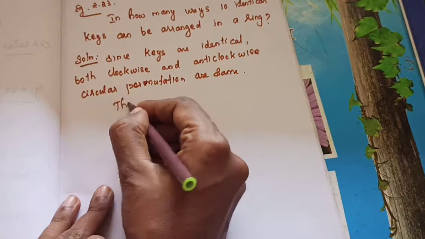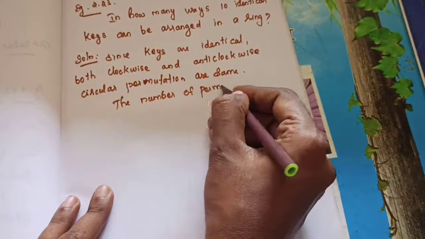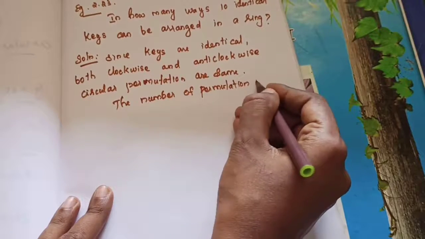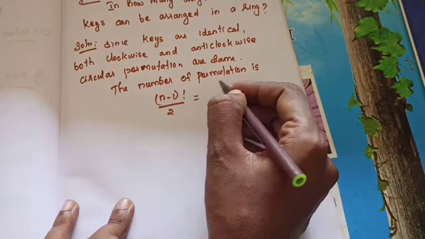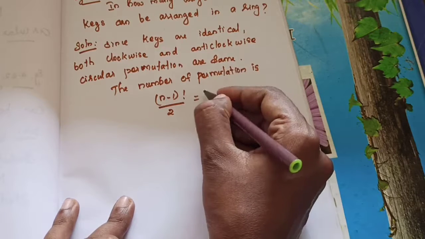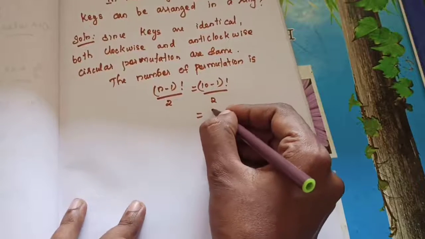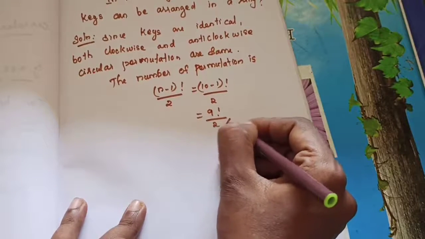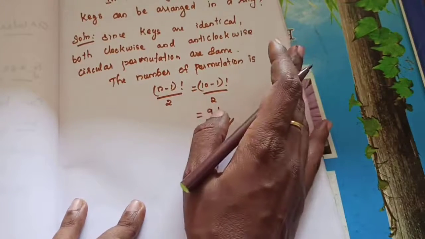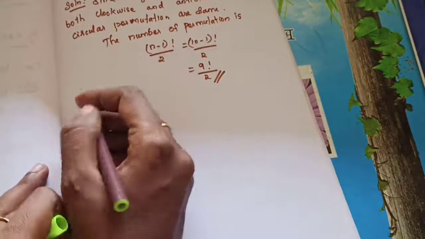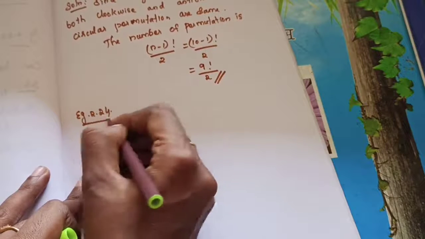So how will you find the permutation? Now only I taught the formula for you. The number of permutations is (n minus 1) the whole factorial by 2. What's the n value? Here 10, right? So 10 minus 1 the whole factorial by 2, that's equal to 9 factorial divided by 2. You can find the 9 factorial value, divide by 2 and write the answer, otherwise you can leave it like this. Next one question is very important. They will ask 2 marks as well as 3 marks, but you will be confused when you see this.